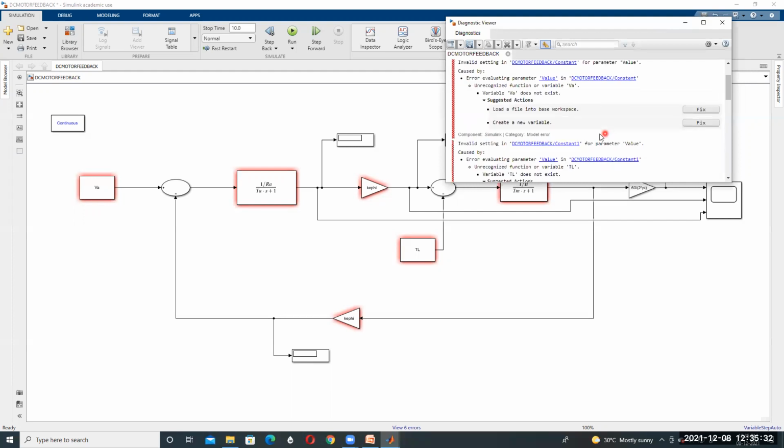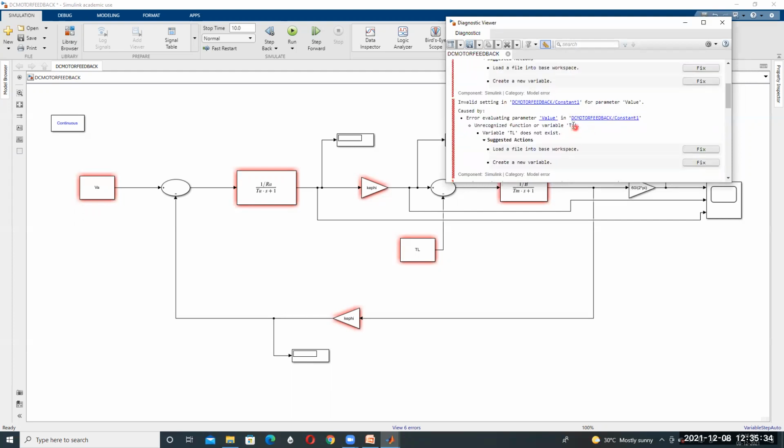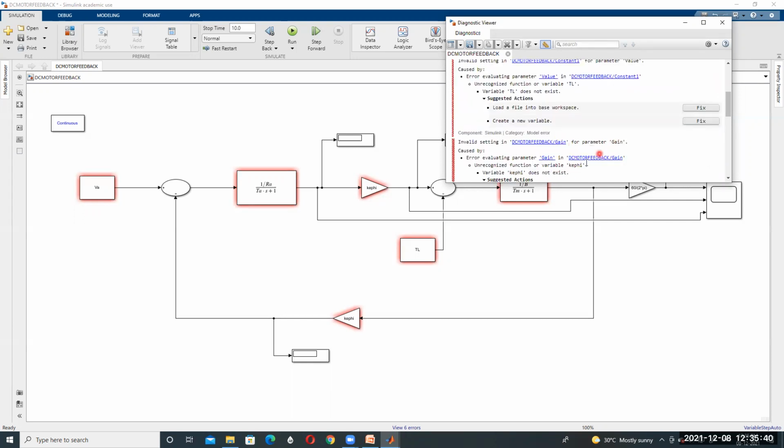Similarly, the load torque TL is also not assigned. And this gain variable, K into pi, is also not assigned. That's why these errors occur. These values can be assigned in the MATLAB command window workspace.